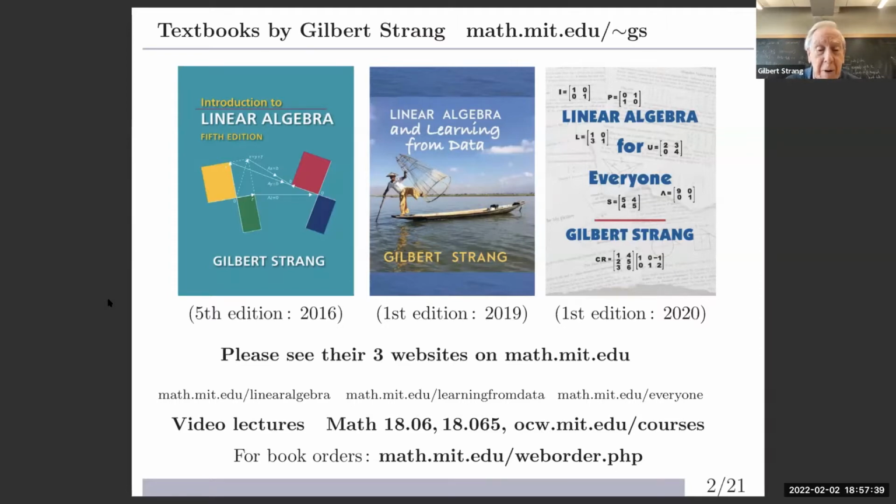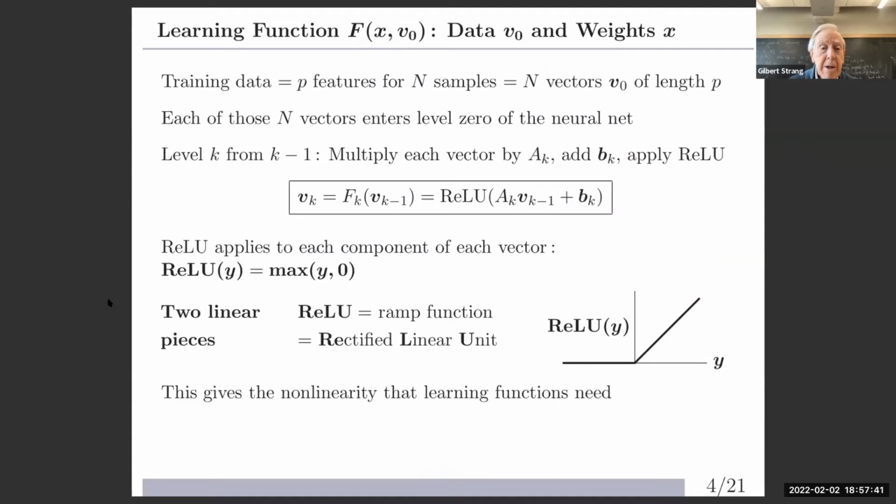Okay, ready for mathematics now. So starting with the learning function, just for a few lectures. Maybe you know how learning functions work. They involve matrices, so a lot of linear algebra, but they must use something nonlinear. And that's this simple nonlinear function, piecewise linear. It's 0 for negative y, and it's equal to y for positive y. For some reason, it's called ReLU, the nonlinear thing that's used at every level, for every neuron